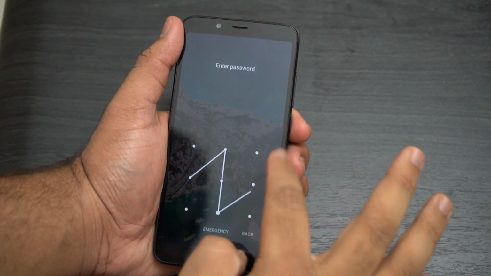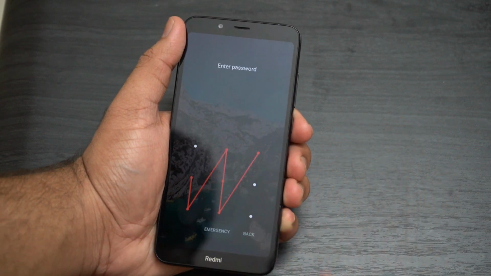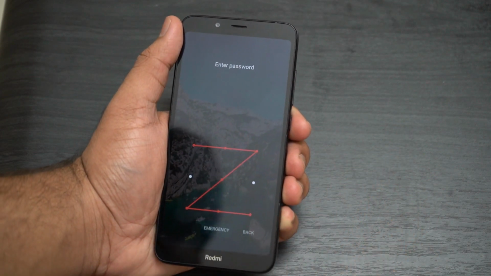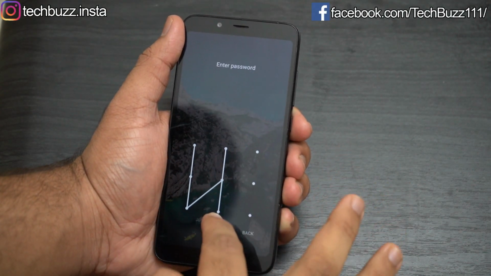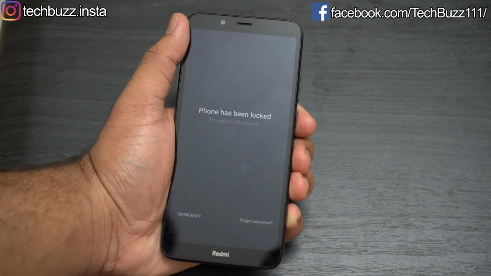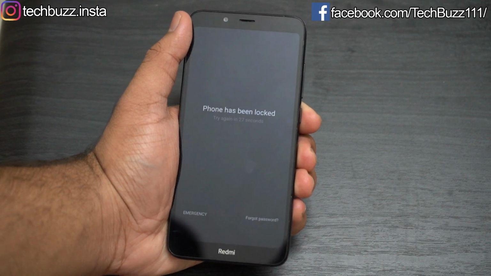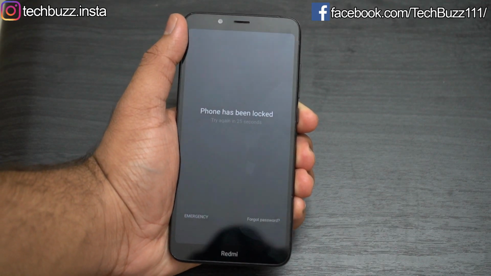Many of you must have faced this issue once in a lifetime: you forgot the password of your Android phone and got logged out, and don't have any option to unlock your phone. It may be due to many reasons, but it's really a frustrating situation. In this video, I will show you how to unlock your Android phone using your PC in just 5 minutes.